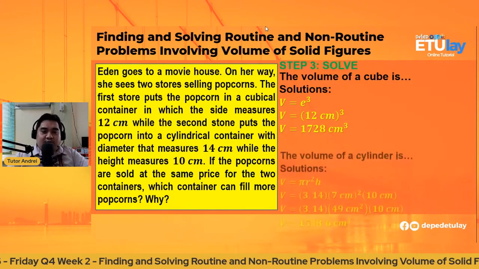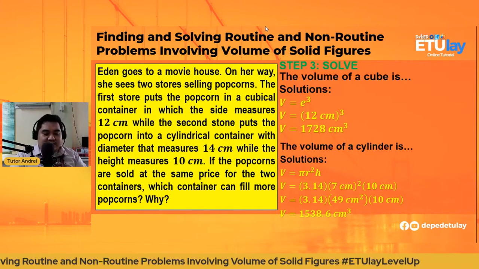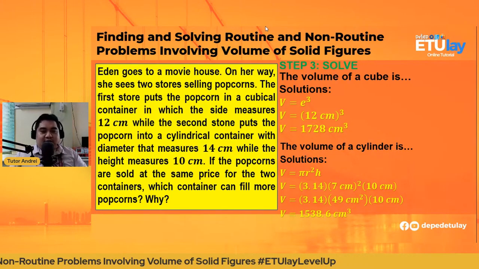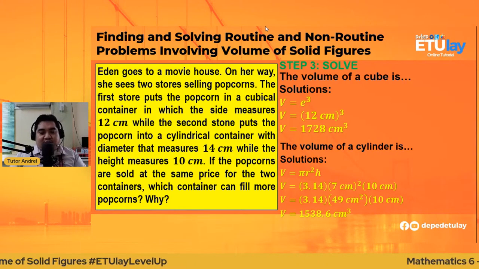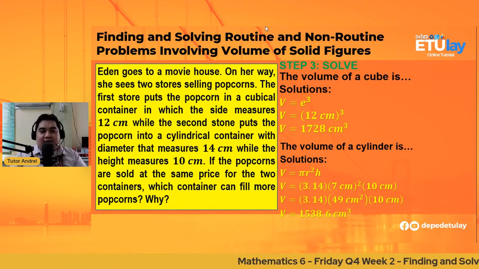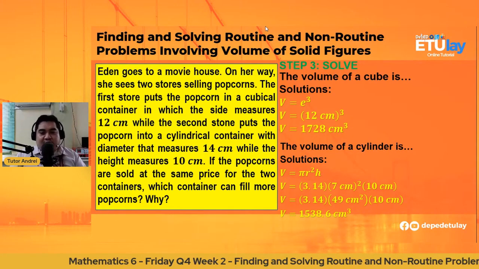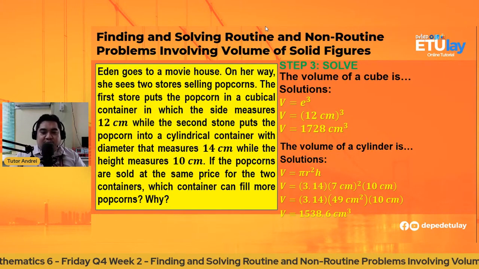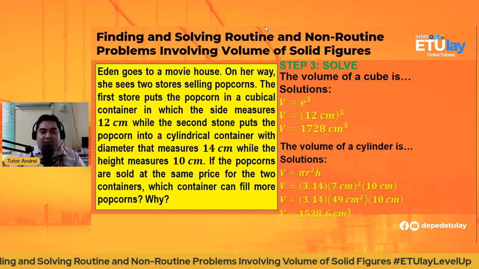And the other one, the volume of the cylinder. Ayan, so very good. Talaga nagsosolve ng mga kids natin, no? So, ang sagot, the volume of the cylinder, that's pi r squared h. So that is 3.14 times the square of 7 centimeters times 10 centimeters. Of course, you're going to square 7 first. So 7 times 7 is 49. Then multiply mo lang yung 3.14 by 49 and 10. So we'll get